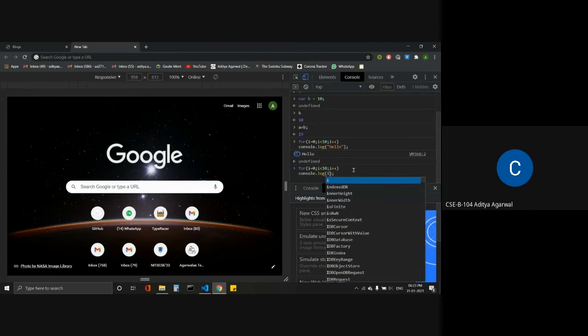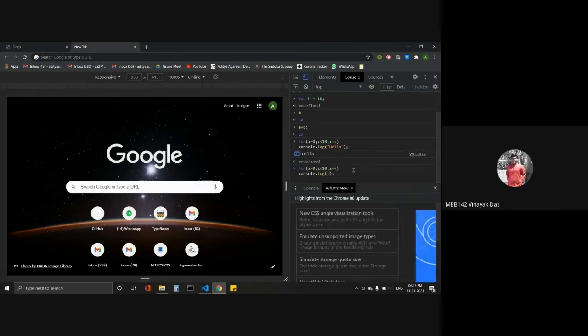You might say you should add int i equals to 0. No, you have just written i equals to 0, and the command is still run. So it is not a compulsion to declare a variable in JavaScript. It is very flexible. You can write var i and it will also work fine. And if we do not declare a variable, it will also work fine. There is no compulsion.